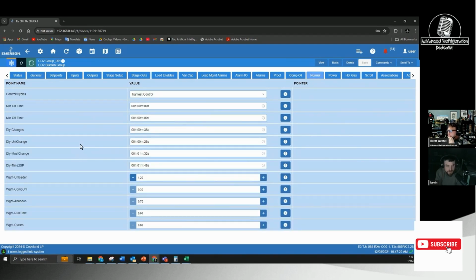So, from what I understand, this is how it sets up the control strategy. You have a minimum on time for the compressor, minimum off time, delay changes in between stages, delay on unit changes between stages, delay must change, delay time to set point. So these are all wait timers to help you wean this thing off having such bad control,